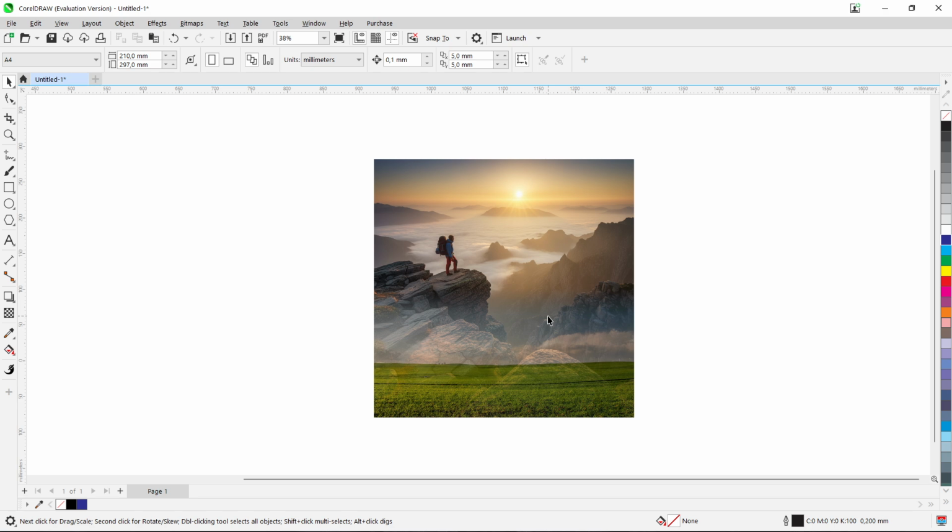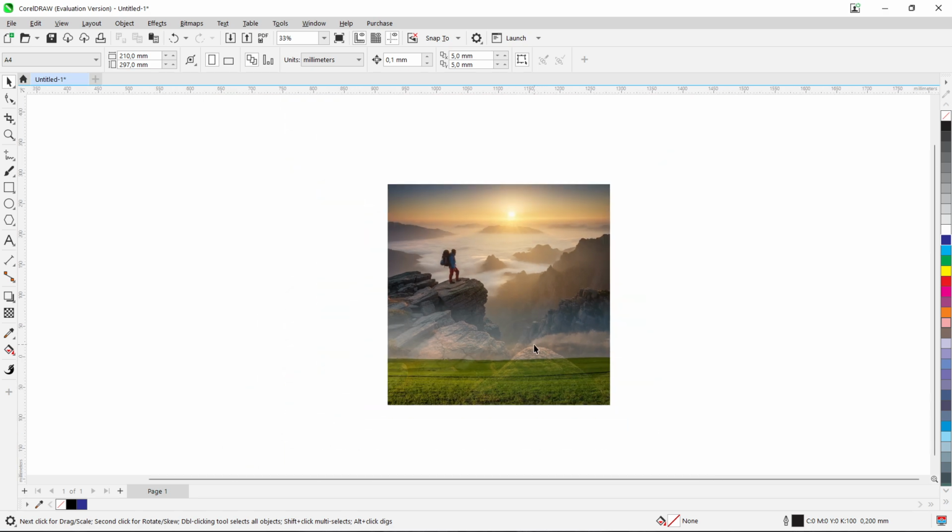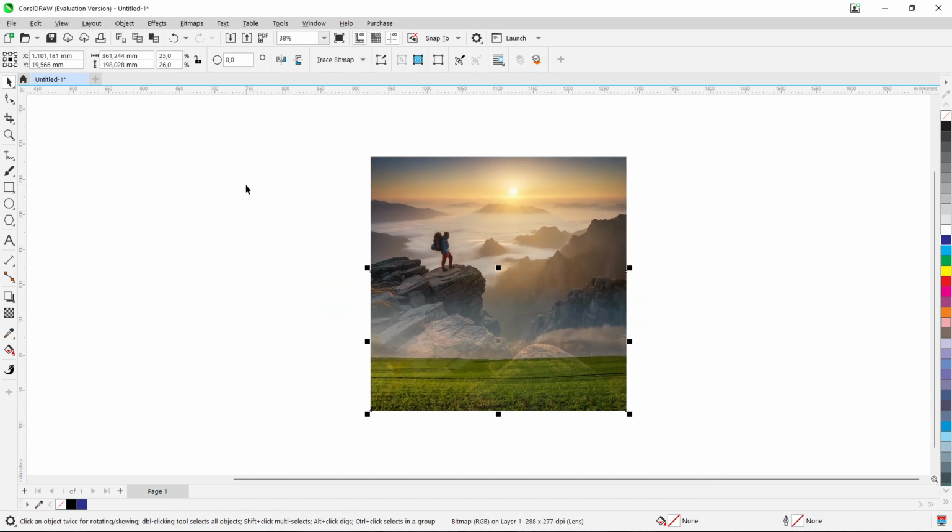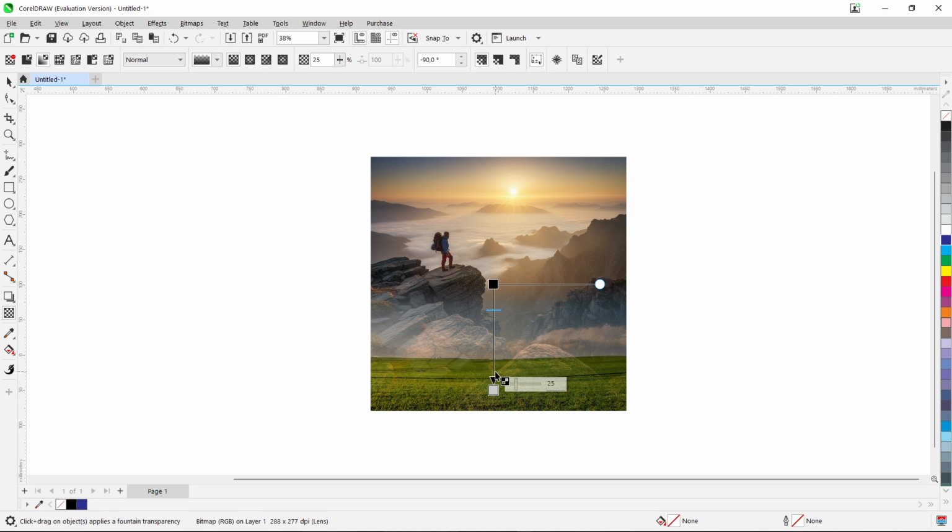You could want to put whatever you want on here. There's a bunch of different things you could do here. You could blend them a million ways, but that's essentially how you do it. The easiest way is using this transparency tool, and then this fountain transparency up here. You can play around, you can customize it to your own wish, okay? So that's how to blend two